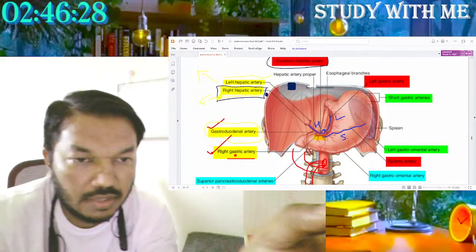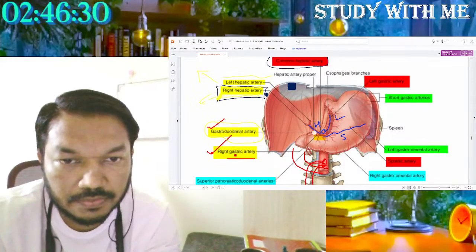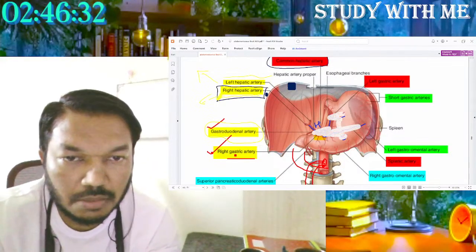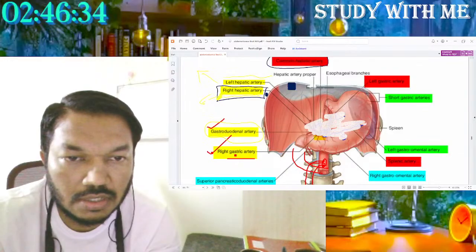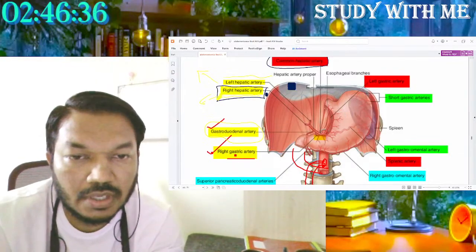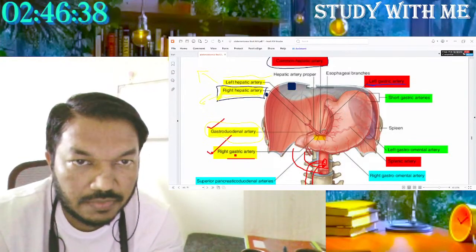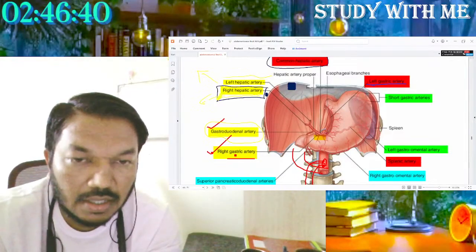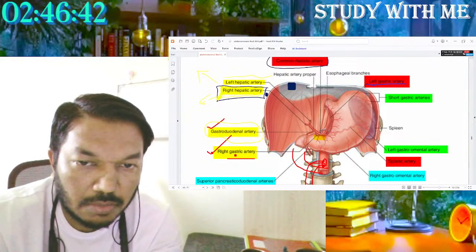Just take it as a shortcut. In part B, we have to read this elaborately. The left gastric artery comes from the celiac trunk. Then the common hepatic artery also gives